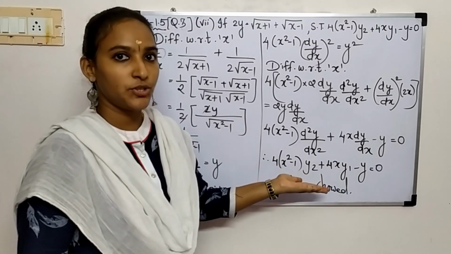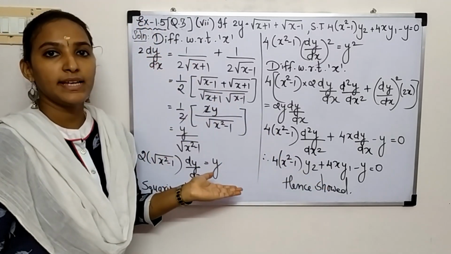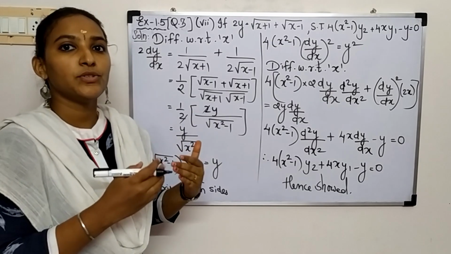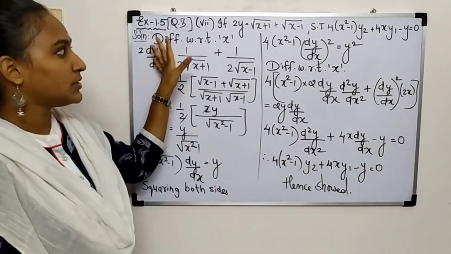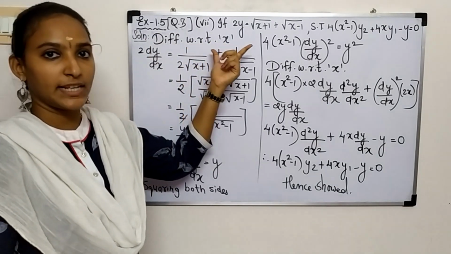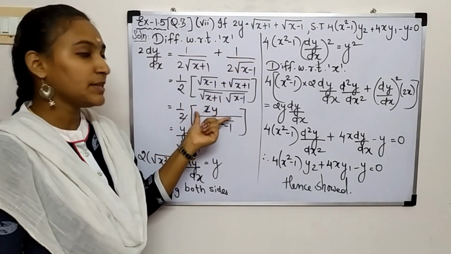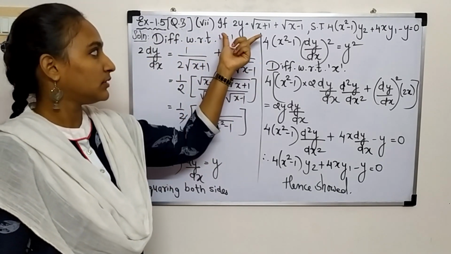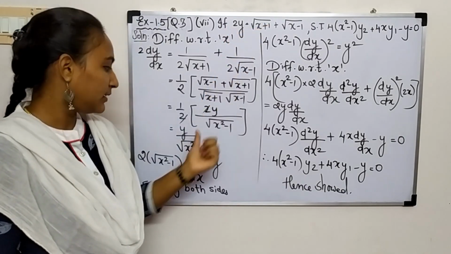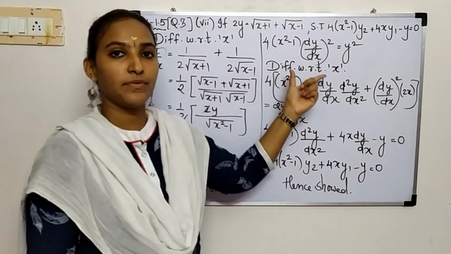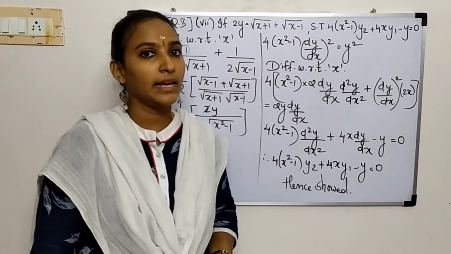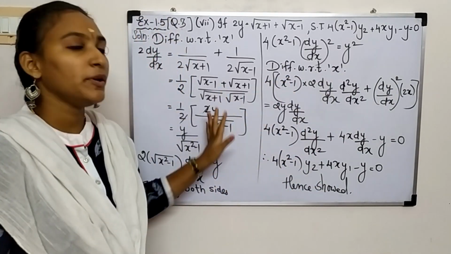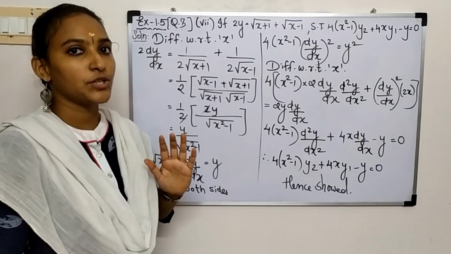And here is our solution. See, very easy it was. So once you start practicing, it will become easier than this. So we just differentiate with respect to x, resubstitute for y, that is we have 2y over here, then square both sides, differentiate again with respect to x, hence show. Hope you understood this. Now we can move on to question number 8.